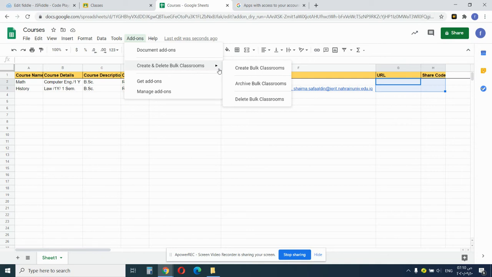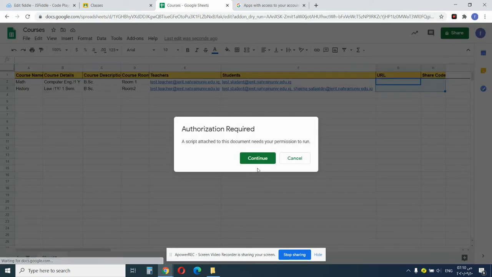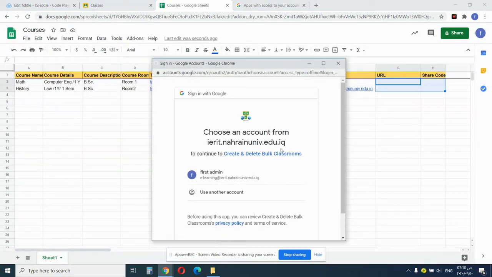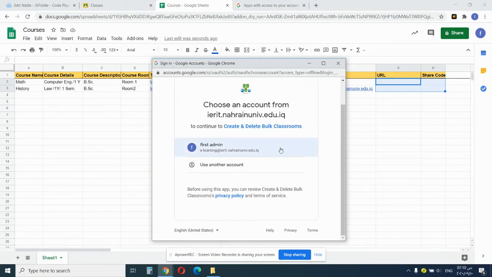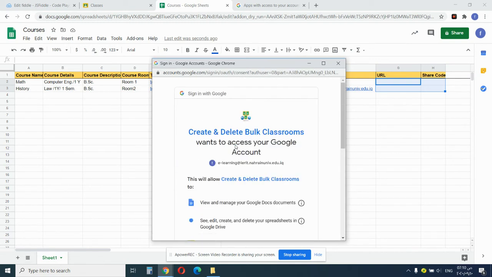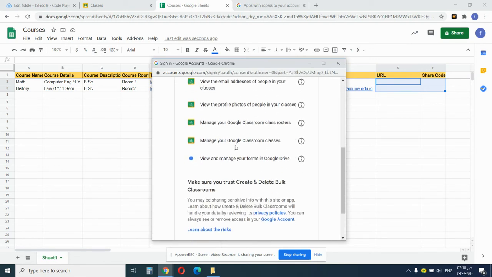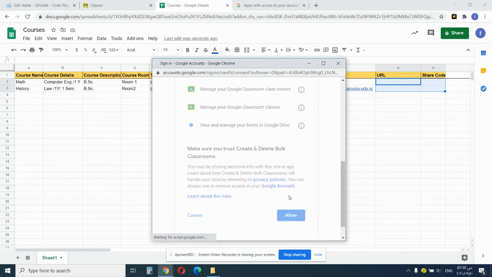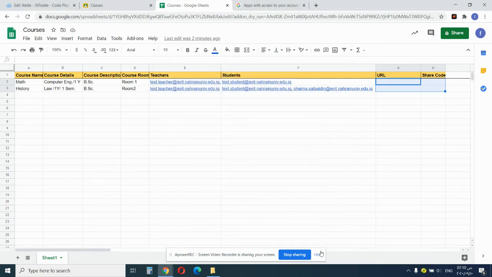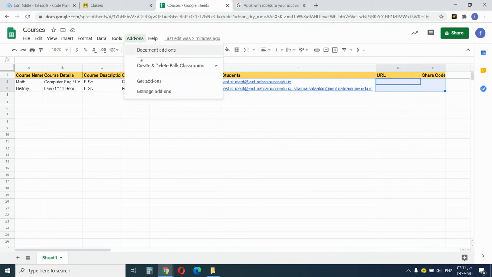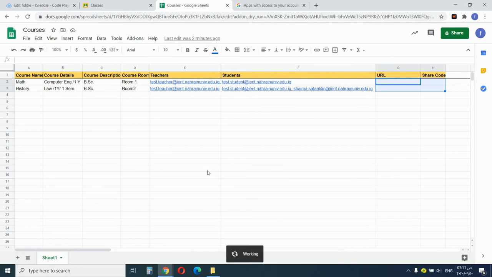For the first time, you will click on Create Bulk Classroom for giving the permission and authorization to use this spreadsheet add-on. It will actually not start creating the bulk classrooms. Okay, I will start giving the permission to use this spreadsheet add-on, and then after that we will return back to the add-on to click on the create button to start creating the classes. You can see here